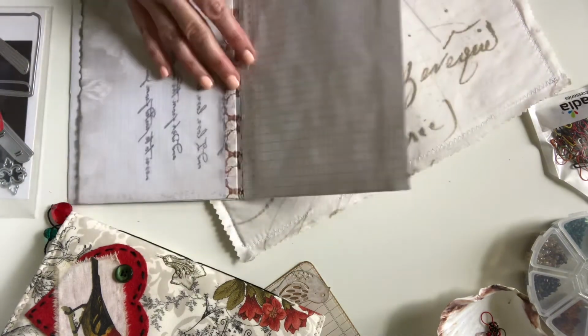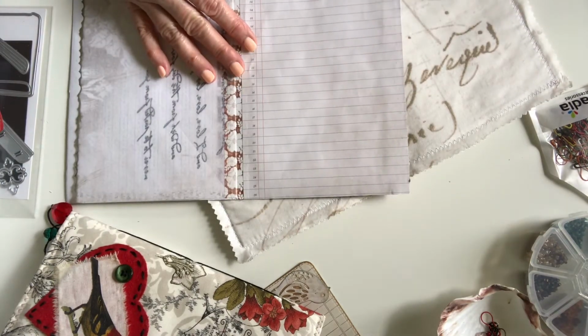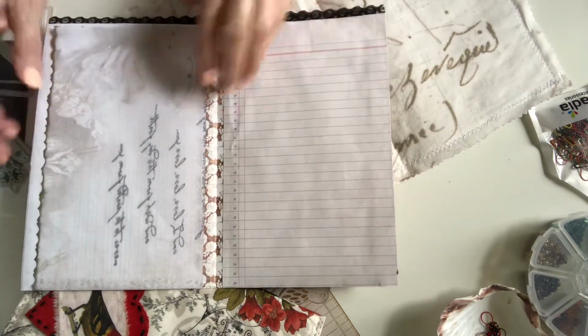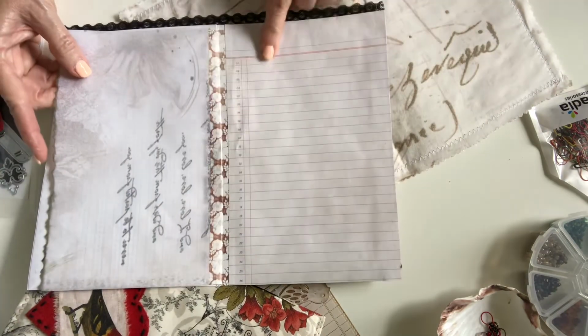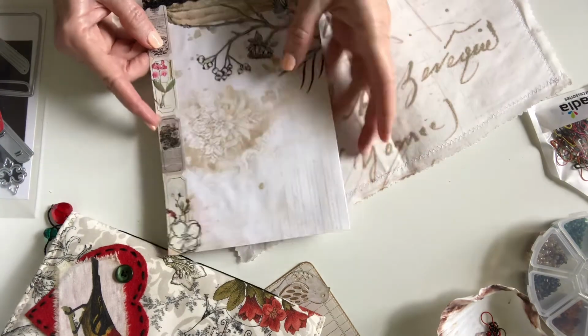And then on this side of the folder, again, I told you I can't write in a straight line, so behind the vellum flip is lined paper that I can write on. And then on the back